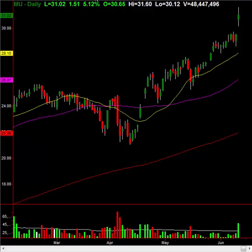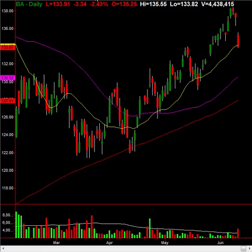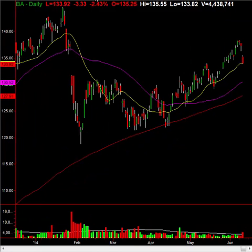So a good example would be on Boeing. All right, Boeing was a great short setup. I took the short setup and I posted it in the research center. Beautiful gap fill over here. Perfect little pivot top. And look at today. Boeing is down 3.4%, or $3.34, or 2.5% approximately. All right, now another great one was